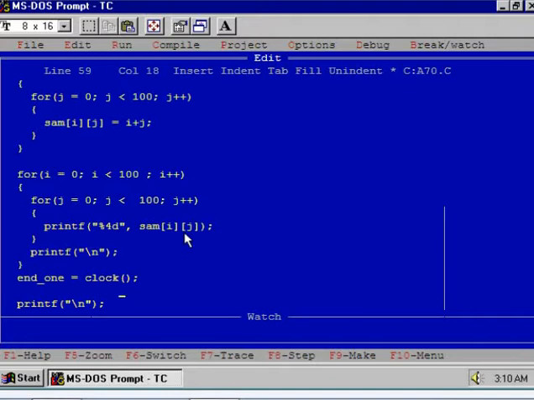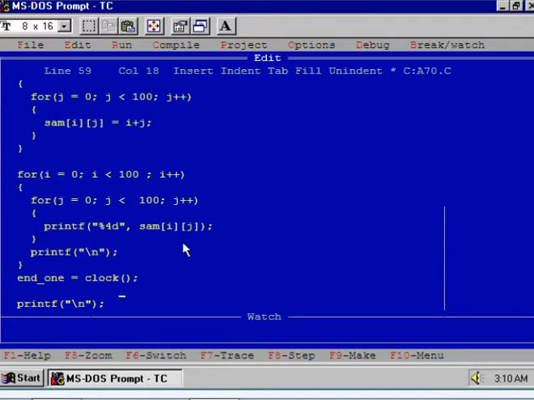So we are accessing the elements row wise. First element is Sam[0][0], second is Sam[0][1], third is Sam[0][2], and the last element of the first row is Sam[0][99]. Then after that the second row, Sam[1][0] to Sam[1][99]. Like this we are accessing and displaying the elements.